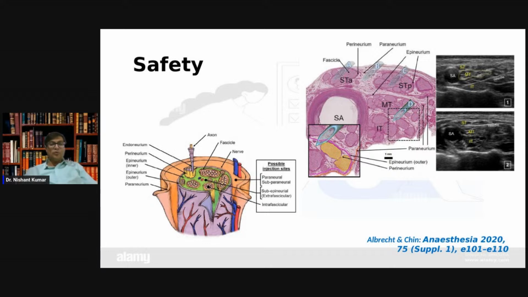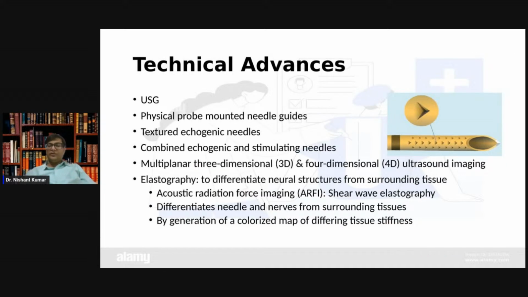Because if you go too deep and enter the fascicle, that is a problem. If you go subepineural, that is also a bit acceptable, but while going through that, you can still injure the nerve fascicle. So this is the space where your drug should lie, and that is how you can avoid injury. Now, obviously,